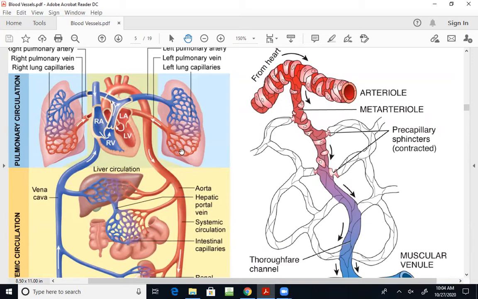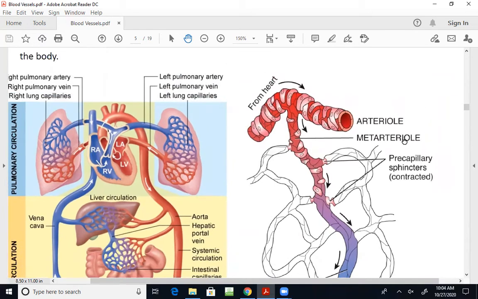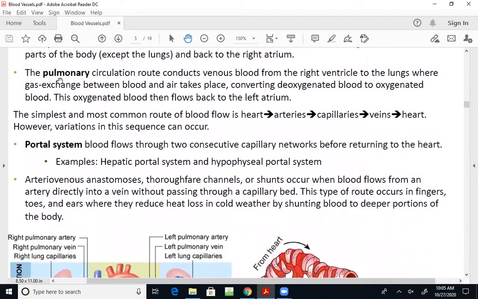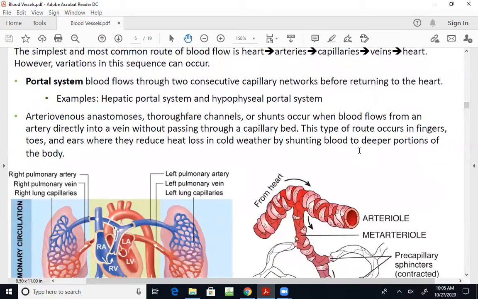Whereas shown here in blue, we show the pulmonary circulatory route, where the right ventricle pumps out deoxygenated blood into your pulmonary trunk and then out to the pulmonary arteries, where we perform gas exchange in the lungs, picking up oxygen, unloading the CO2, and then that oxygenated blood comes back to the left atrium. So the simplest and most common route of blood flow, and this could be the pulmonary or the systemic route, is from our heart into arteries, to capillaries where exchange takes place, then veins, and then back to the heart. But there are some variations to the sequence that can occur,